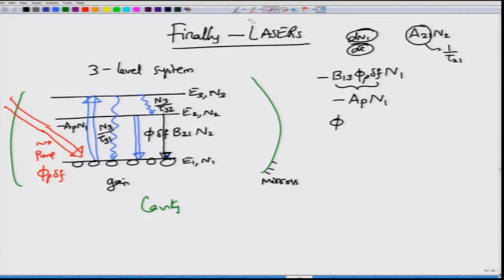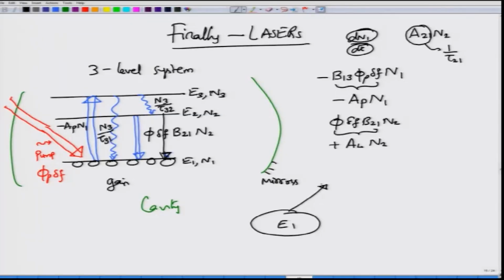this is not phi p, because this is not the pump photon density. This is just phi delta F B21 N2, and phi delta F B21, or B12 because B21 is exactly equal to B12, can be written as AL. So what you have is AL times N2, and this is a plus as far as the energy level E1 is concerned. For the energy level E1, it loses population because of the absorption, which is given by minus AP N1. It gains population because of stimulated emission, which is written as AL N2, and then you